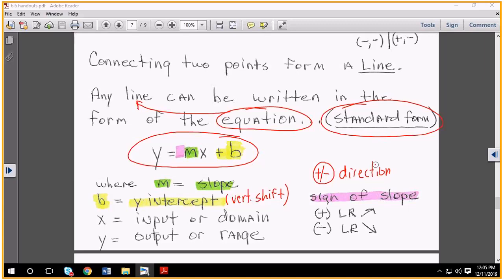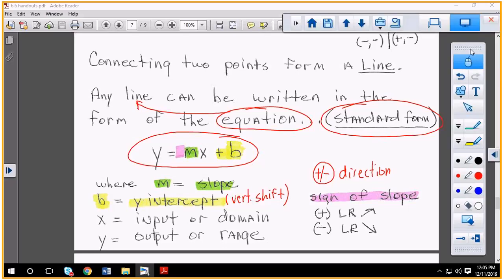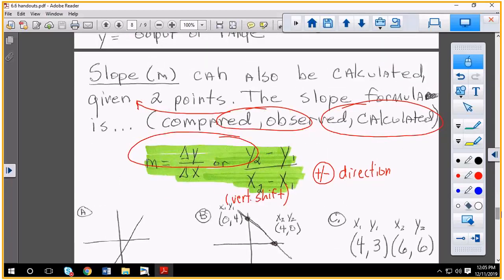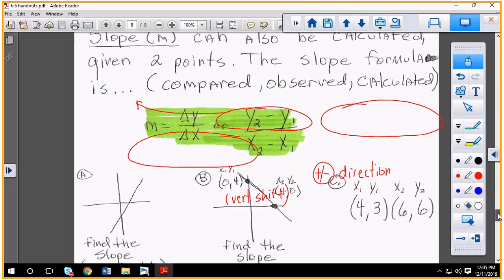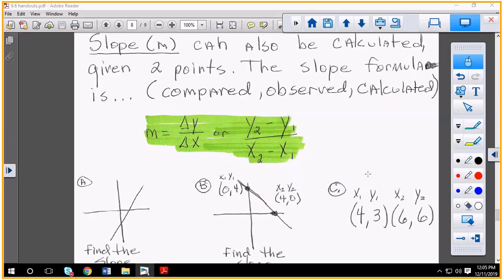And there's one more page, I think, of properties. Slope. Slope can be found by solving for y, as we just had it in that form, or you can calculate it if you're given 2 points. And these are the 3 examples of how you'll be given this question. Now, I don't expect you to do this a lot. This is kind of an introductory to what you're going to see in Algebra 1. But